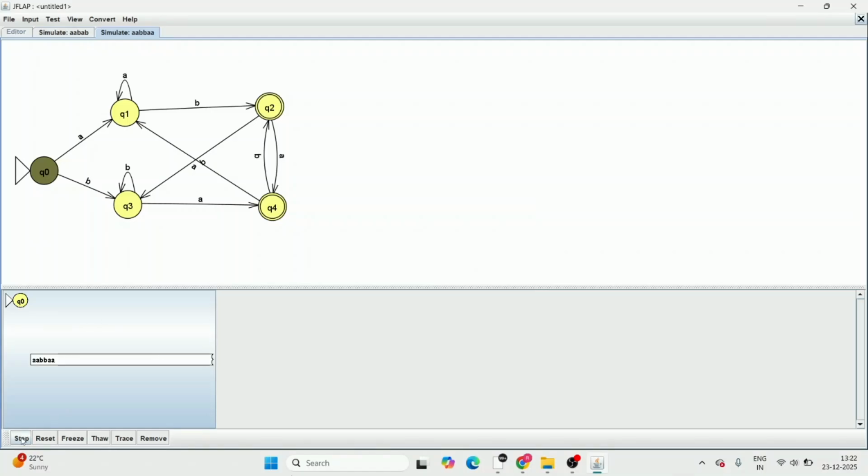So first, Q0 on A will go to Q1, Q1 on A will self loop, Q1 on B will go to Q2, Q2 on B will go to Q3, Q3 on A will go to Q4, Q4 on A will go to Q1, which, since it encounters the end of the string and is not in the final state, the string will be rejected, which is shown using the red color in the JFLAP software. That's it. So this was the problem and the simulation for the DFA to accept